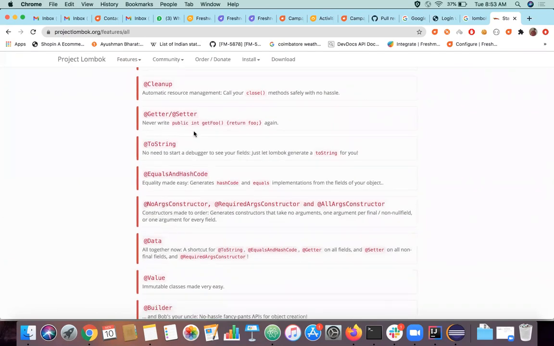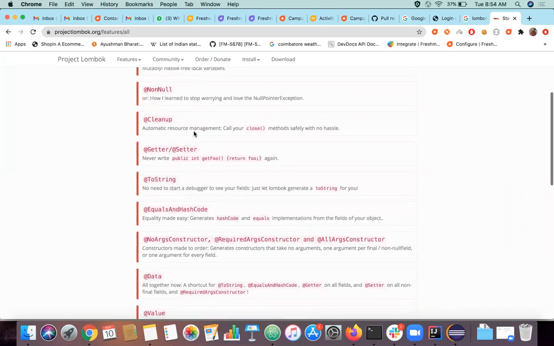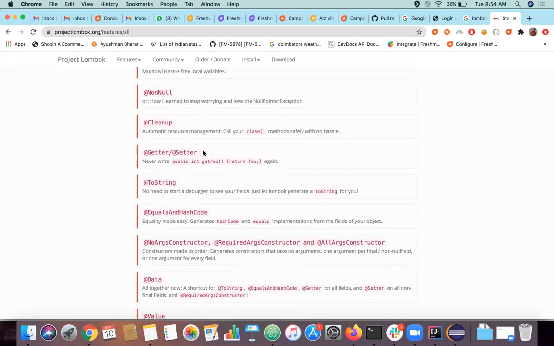We see there are ways which we can generate getter setter, right? Either we can do it ourselves, or we can ask the IDE to do it for us. Just like previously we saw in some example, we can go to source, generate getters and setters. We can select all the variables where we want getter setter, and we can generate that also. Or we can use some framework like this called Lombok. We can generate getter setter.